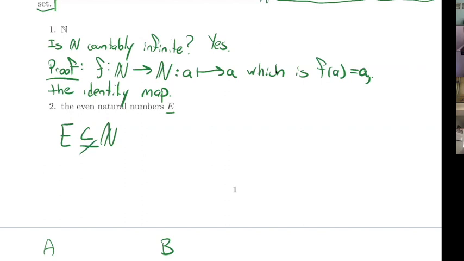Right? There are certainly elements in the natural numbers, 1, 3, 5, etc., that are not in E. Okay, but what's interesting is the actual number of things in set E are the same as the number of things in set N.